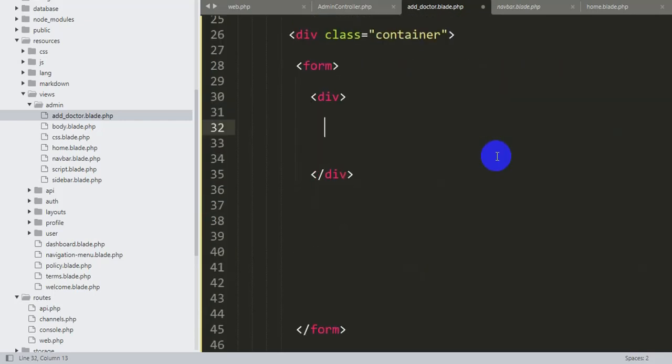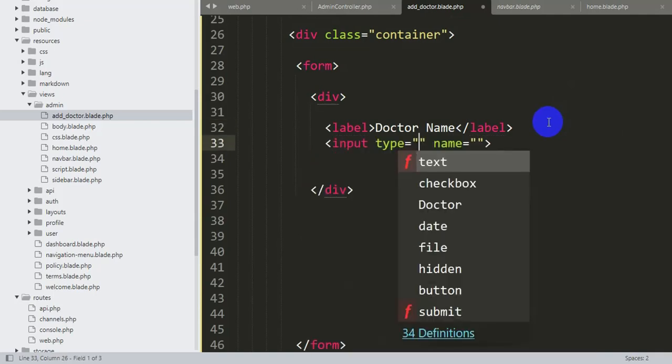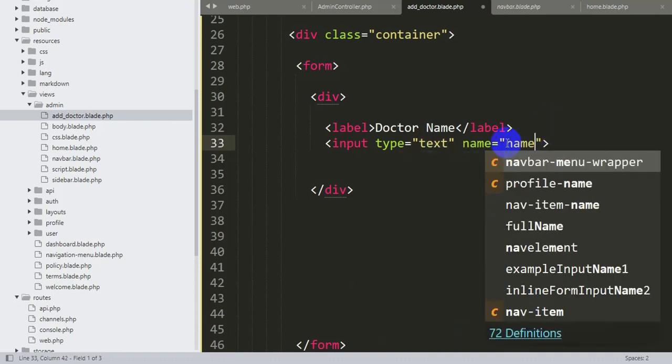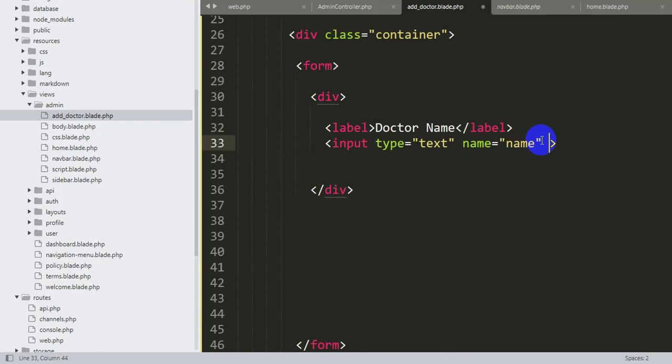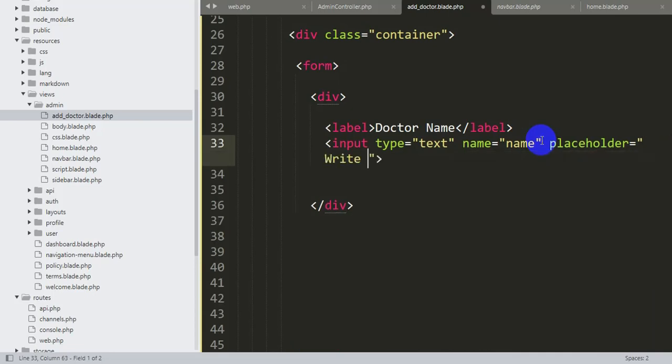So let's say here label, so let's say it will be doctor name, and we also need an input field for doctor. So let's say input, so input type will be text, and name equal to name, and you can also have placeholder if you want. Let's say placeholder equal to write the name,